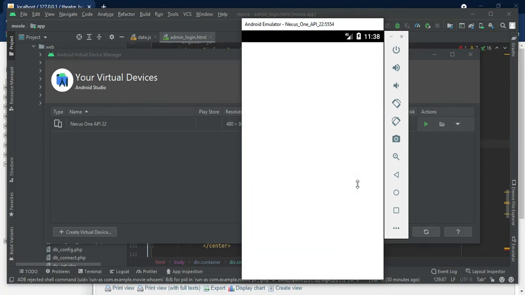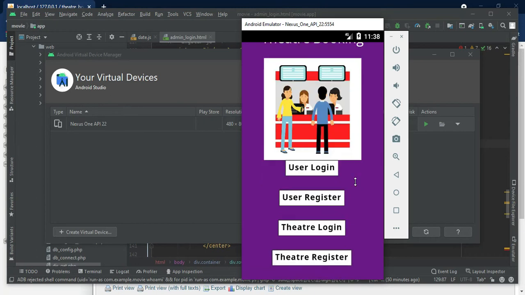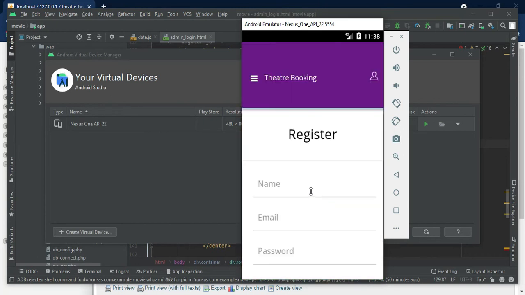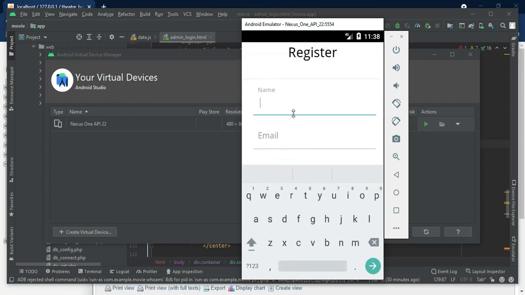Now we move to the user module. Let's start with the user registration. Enter the basic user details.